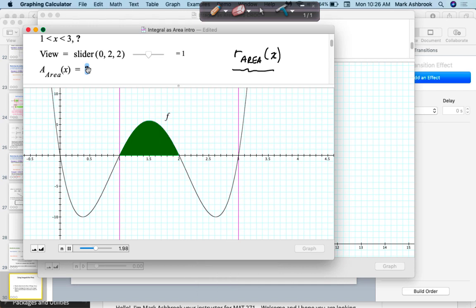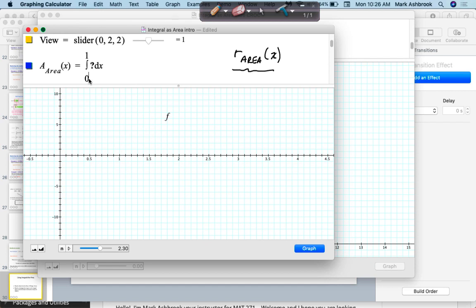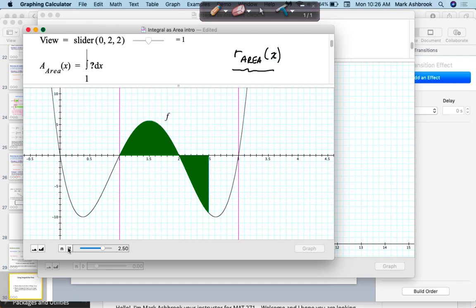Okay, it'd be the integral from 1 to 3. Not 1 to 3. I want the net accumulation function. I want it for all those green shaded areas. 1 to 3 will just give me one value. I want the function. I want every single one of these for every x. So I'm going to go from 1 to x of